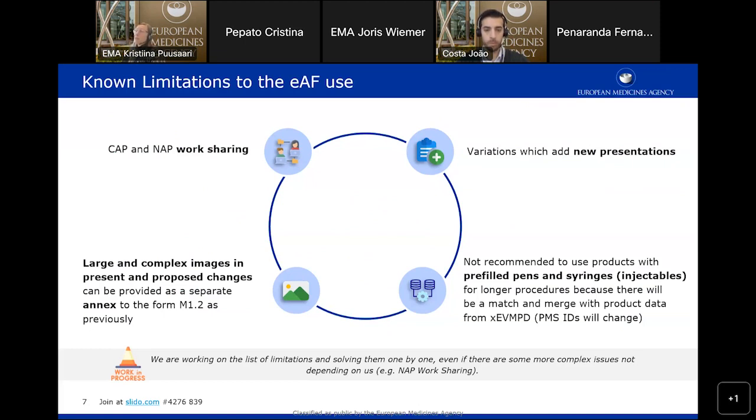However, work sharings that contain centrally authorized products only are of course possible using the new web form. We still have a limitation with regards to the variations that add new presentations. So if you have a change that includes a new presentation that is not yet available, because currently how the form works, you select the presentation or the package that is impacted by your change. Of course, these are not yet available in the system, so you cannot use this form at this point for